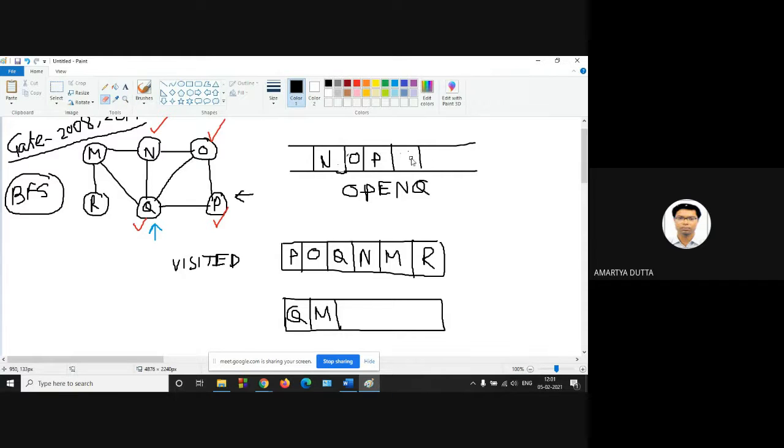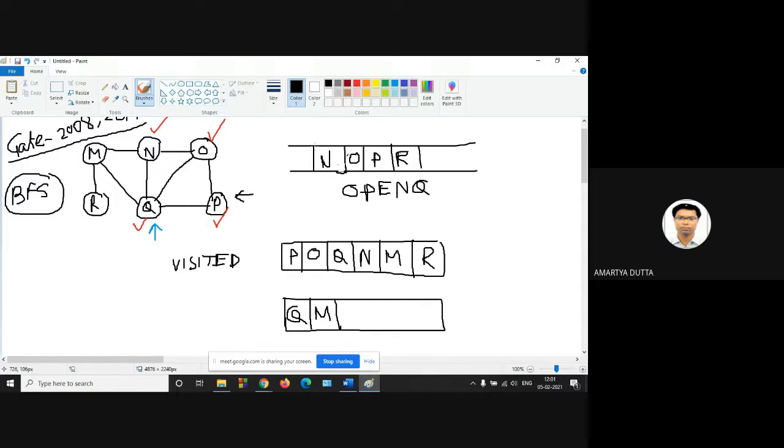So which one will be entered? R, because M is now explored. Adjacent of M are N, Q and R. Q and N are already in the visited array, so R is written in the open queue. Okay, next one is,